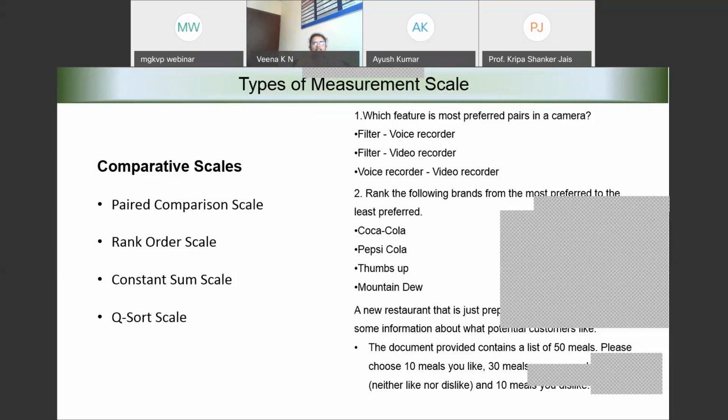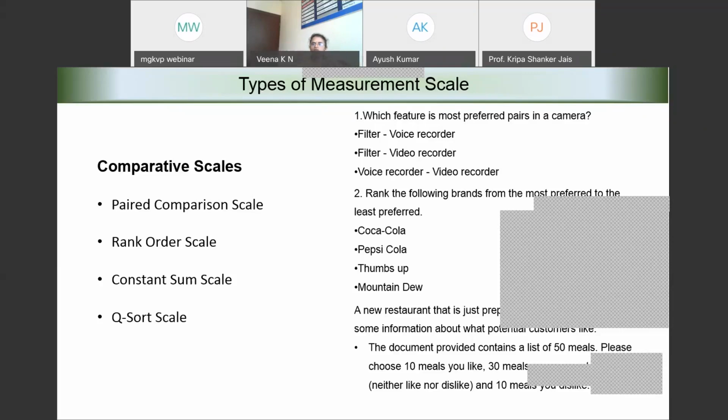And the next one is called Q-sort scale. In a Q-sort scale, when we are trying to compare, again assume that we are offering some 15 different products. Among the 15 different products, we can say the most preferred 3 and the least preferred 3. So I identify the most preferred 3 products and the least preferred 3 products from multiple responses.